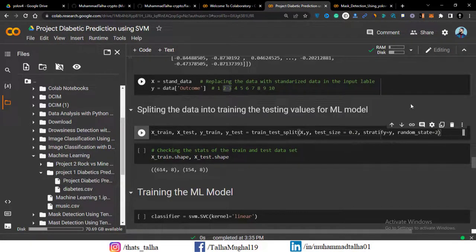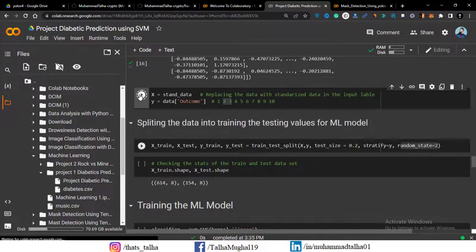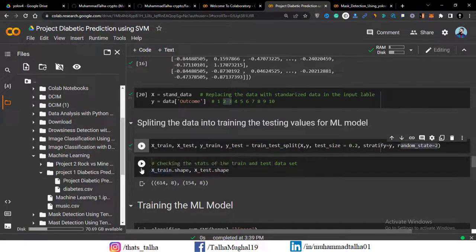It will not affect your model, so you can go ahead and change this, or if you don't want to include this, you can just remove this entire argument from here, right? Okay, so what you can do is we can run this cell, and we can run this cell again, and